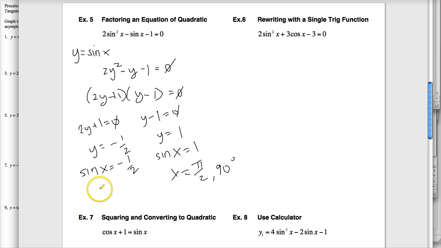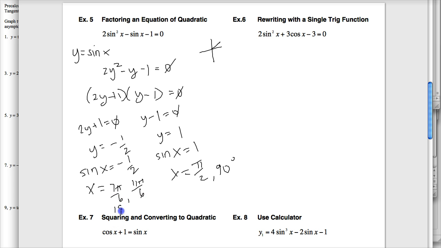In this case, sine is equal to negative half. If I draw my axes, the y values are only negative here and here. And we did the negative half, or the half already, this one right here. X is going to equal 7 pi over 6, or 11 pi over 6,